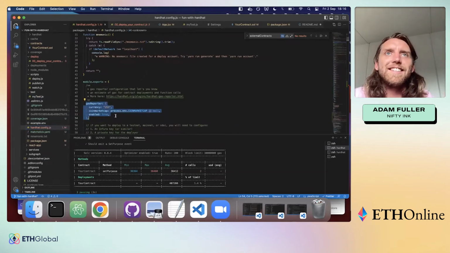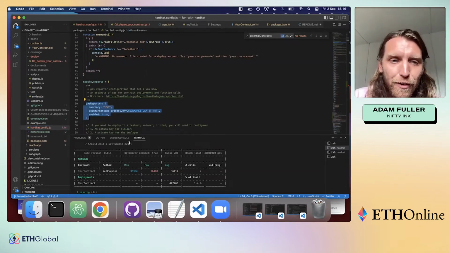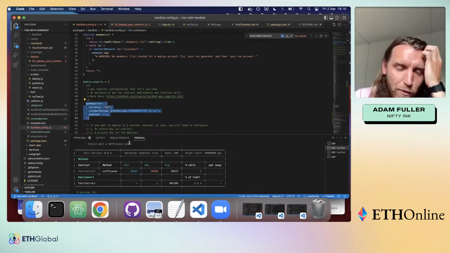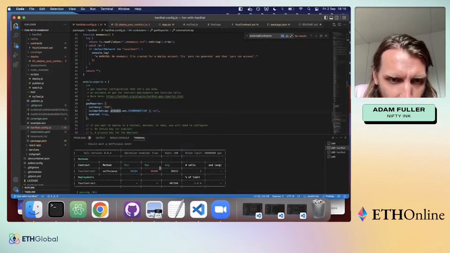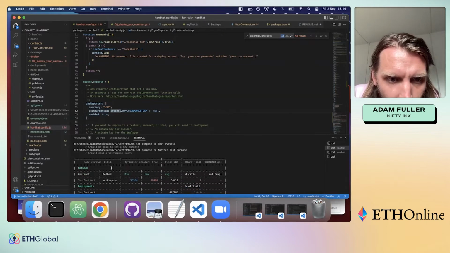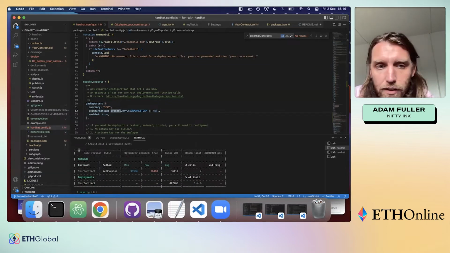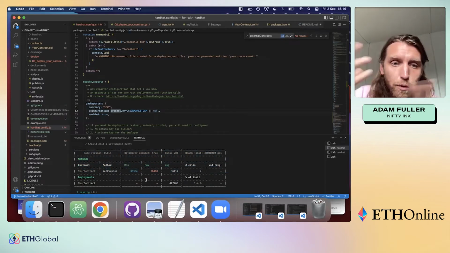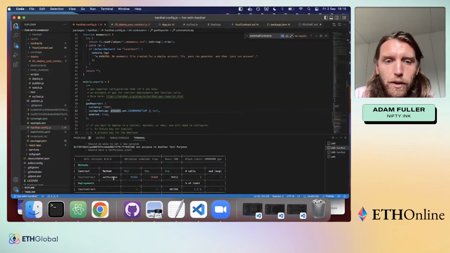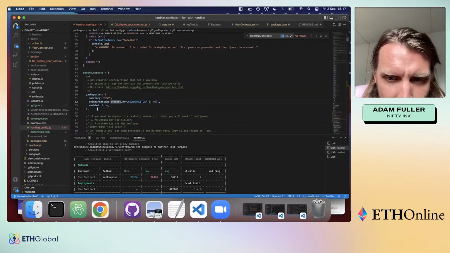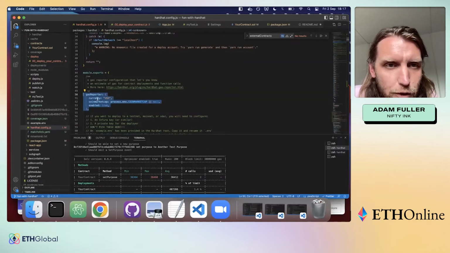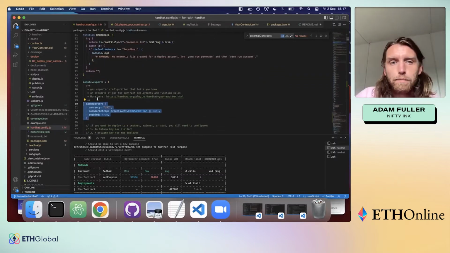So obviously there's a large school of thought who are very focused on gas optimizations within smart contracts. And so this is one where if we look at this report, this essentially takes all of the tests that were run and sees what the sort of gas usage was for those tests. And so you can see within this gas reporter thing,